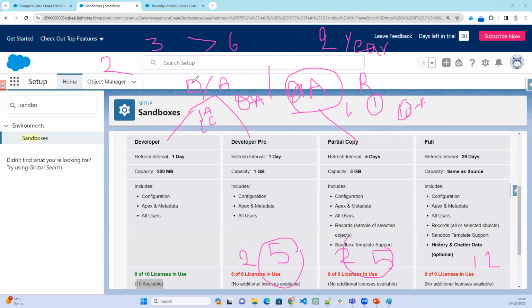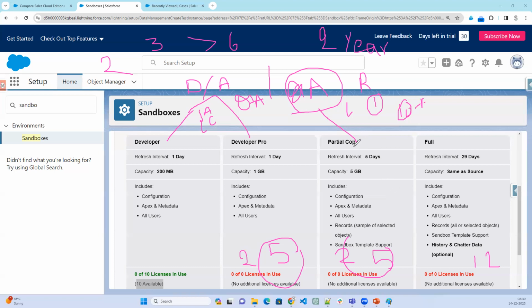So if I have 300 stories or more, each story with 10 tests, you can assume some thousands of data records will be created. In that case, they need a sandbox which has more capacity to hold the data, which is